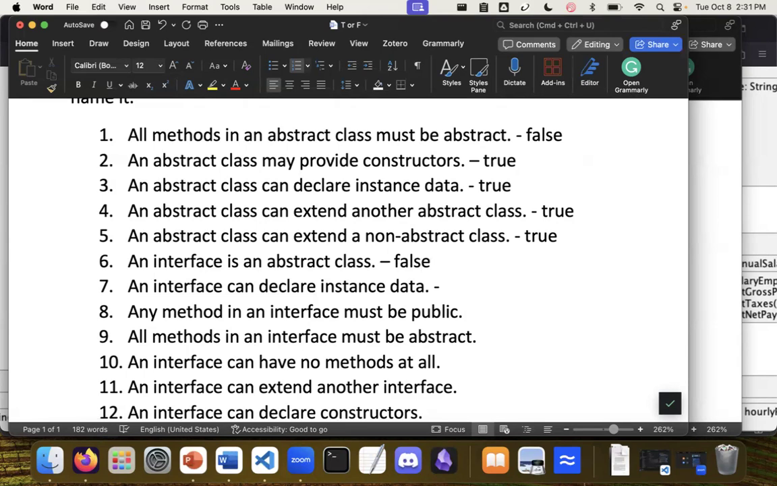Okay, can an interface declare instance data? Can an interface have a field? This is one in my solution that I have a link to. Honestly, going into this, I thought this was true. But